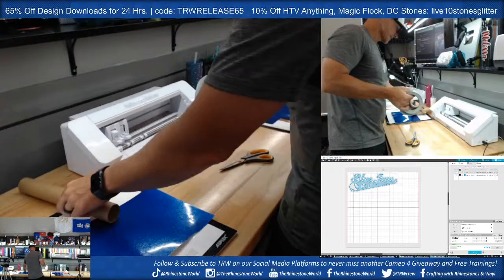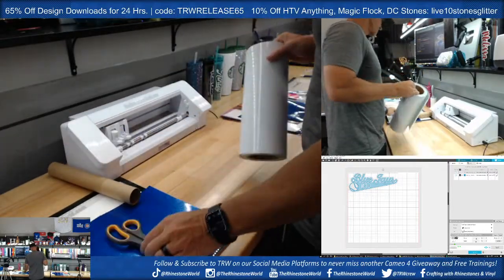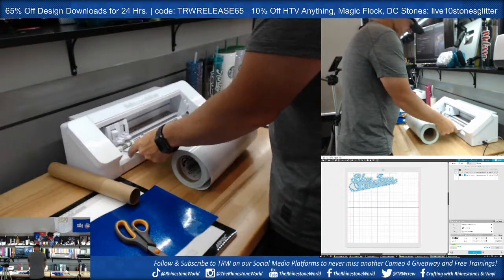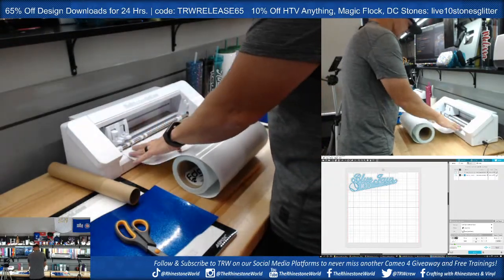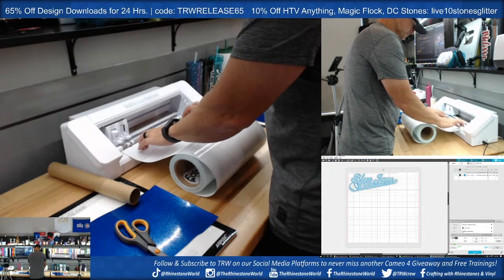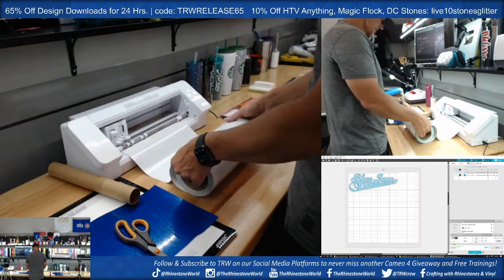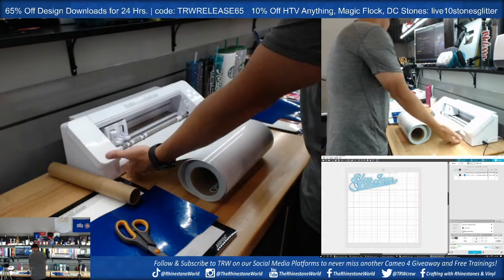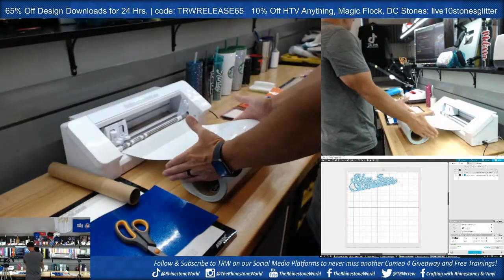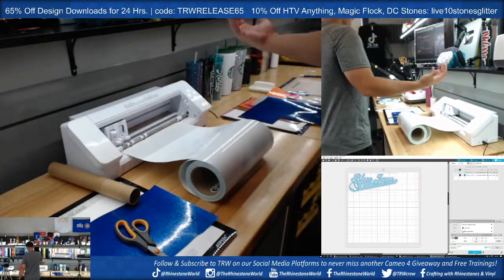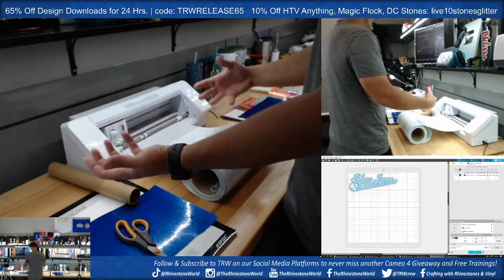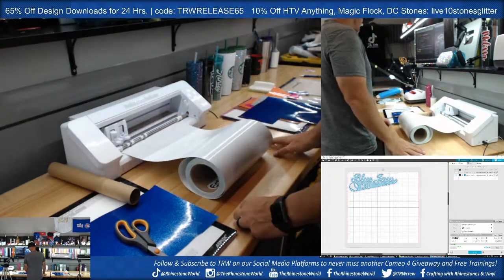Let's go ahead and grab my white. Now, everybody always thinks you cannot cut on the Cameo 3 or something with a roll. You can just literally take a roll like this, okay? You can take a roll just like this here, load this in, make sure it's good, and just leave a little bit of area. Yes, is this nicer? 100%, it is nicer being able to put it on the actual roller on the Cameo 4, but you don't necessarily have to unless you're cutting a large decal. Okay, so if you have a 1, a 2, a 3, you can easily do this,